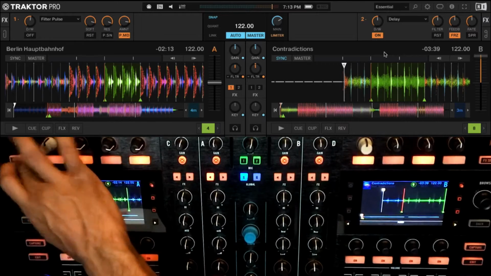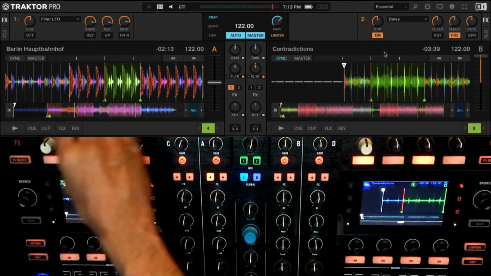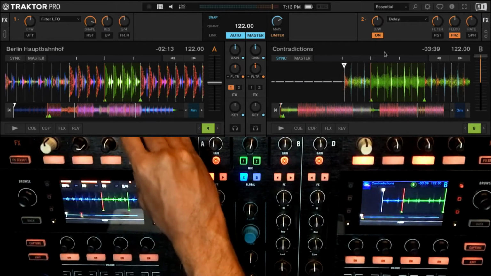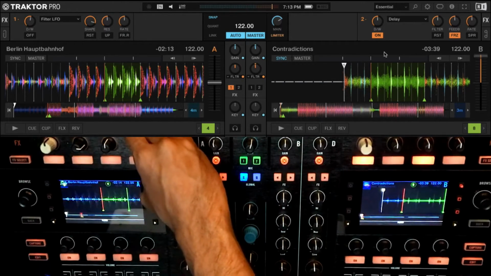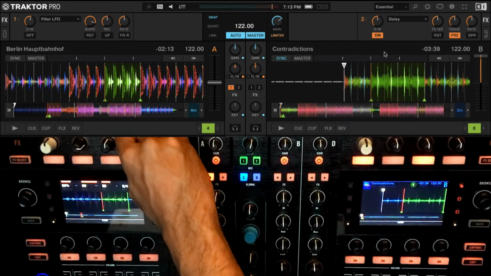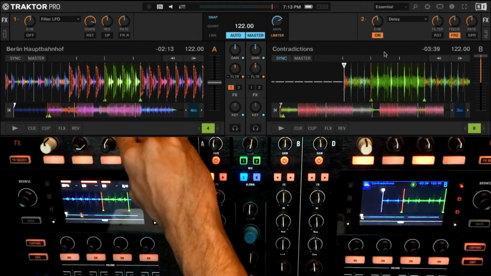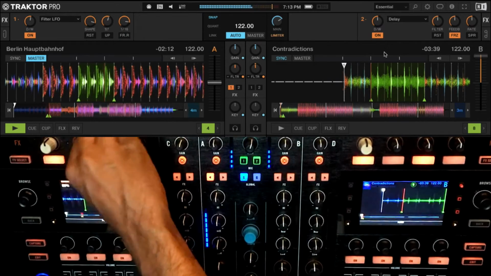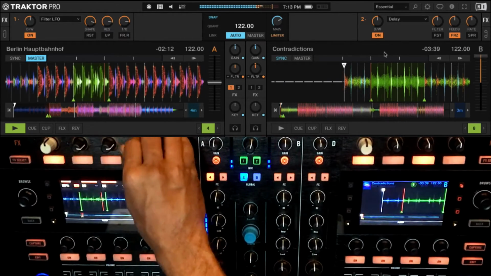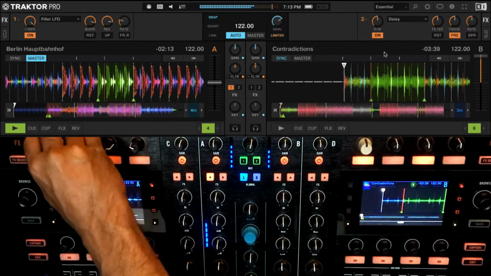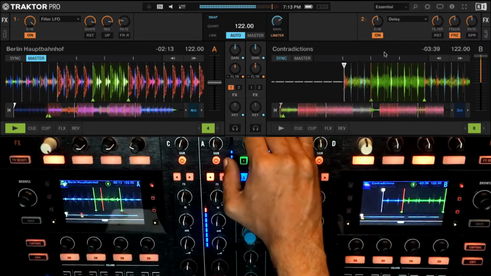Then the next one is filter LFO. So this is again a filter being controlled by an LFO. Okay. So an LFO is a low frequency oscillator. It's just a signal which is not audible, but that signal, the way it's moving, is going to modulate one of the parameters of the filter. So here it's essentially going to modulate the rate. So now if I enable it, over 4 bars, slowly you can hear the LFO modulating the filter.